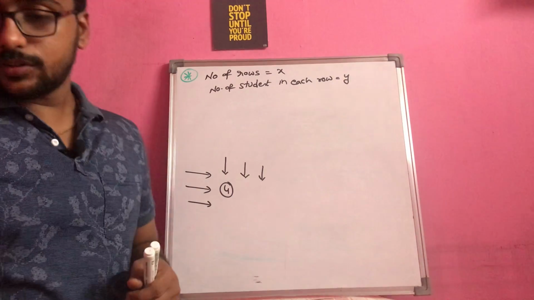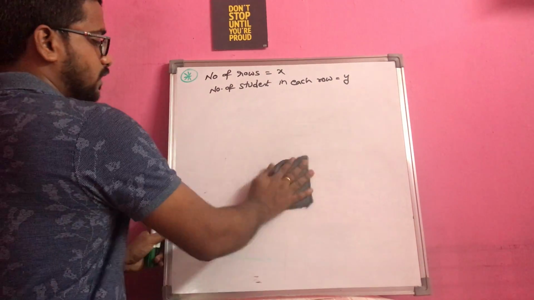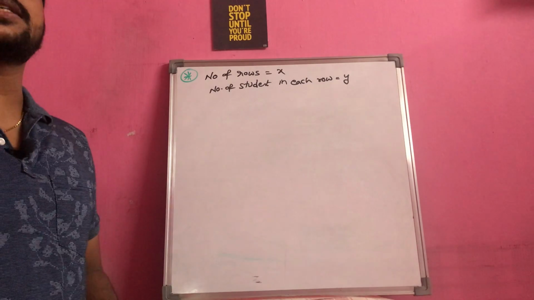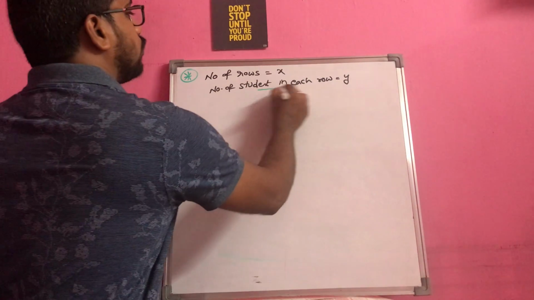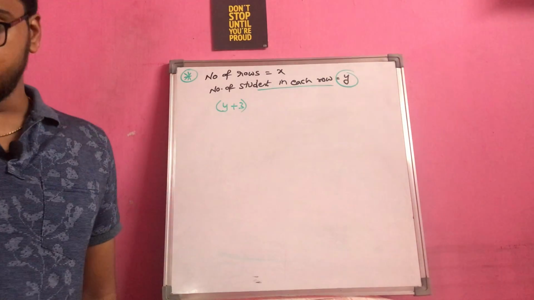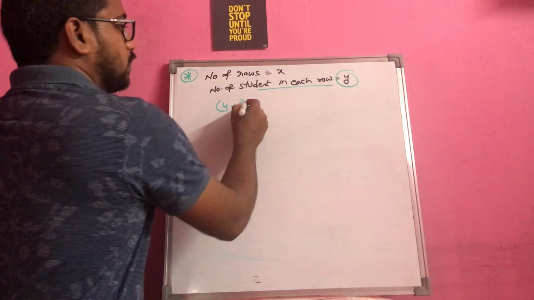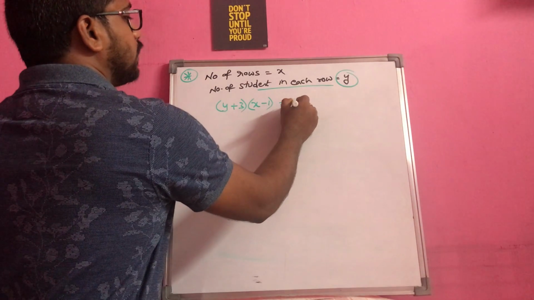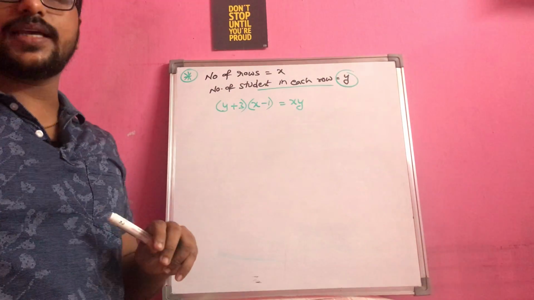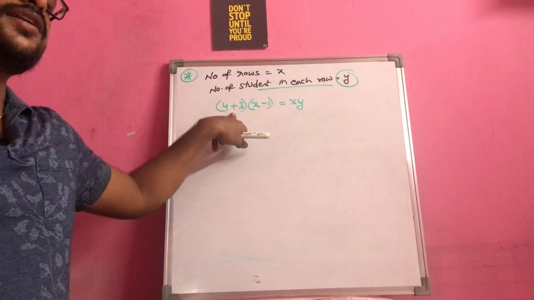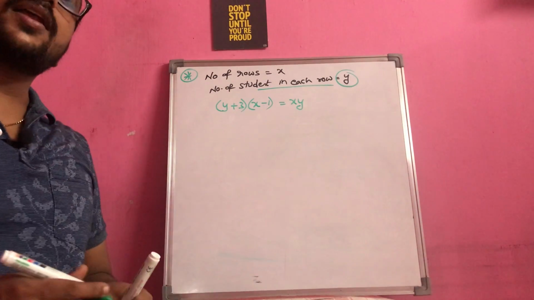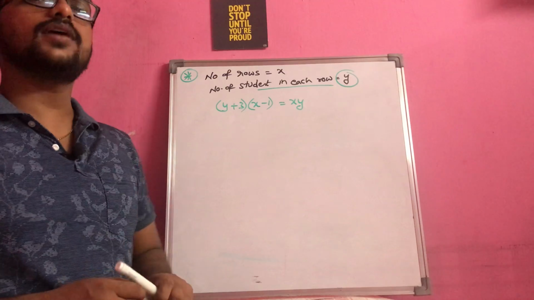Now you see the question, they are saying students of a class are made to stand in a row, and if 3 students are extra in a row, there would be 1 row less. So there would be 1 row less, means correspondingly again you will be getting the total number of students only, right? So the total number of students means x into y again. So the number of students in each row increased by 3. Obviously rows will get decreased by 1. Total number of students will remain the same. That's how the product is equal to xy.